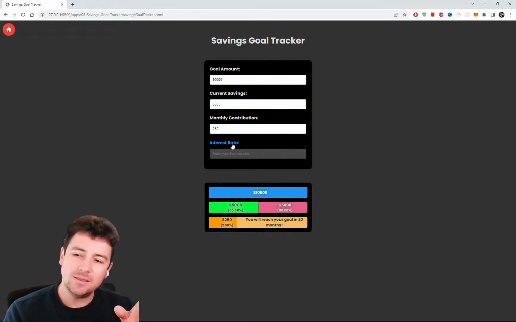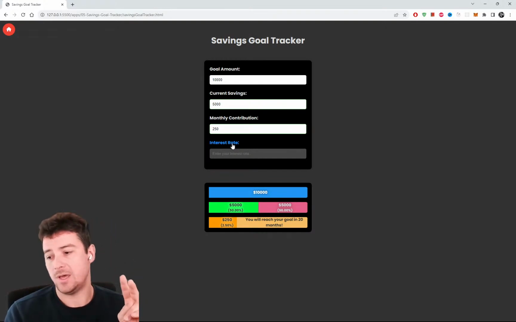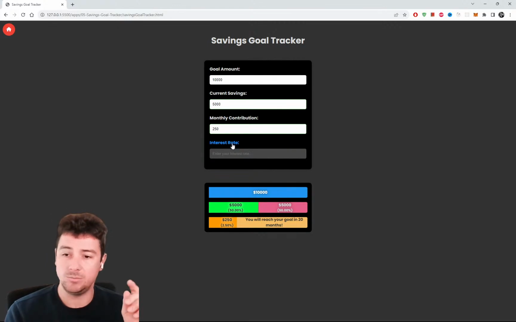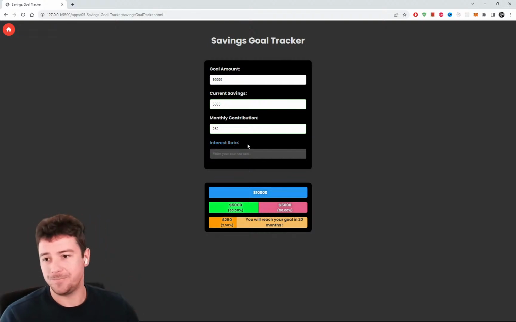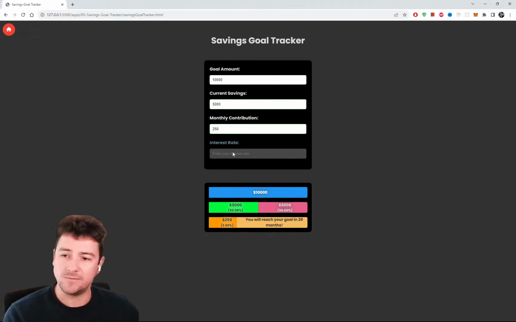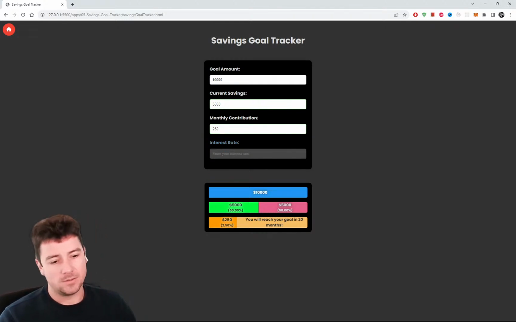So in order to activate the interest rate, two things need to happen. First of all, the monthly contribution needs to be set. And then second of all, the interest rate needs to be clicked, so it needs to be activated. Only then will this input field be active. So what I need to do is come to my service plan, and down here, I'm going to activate or enable